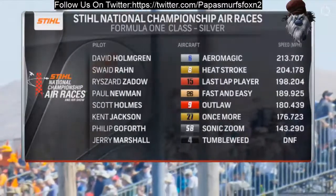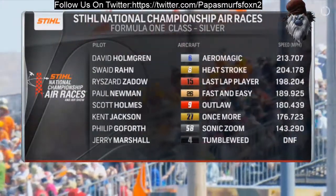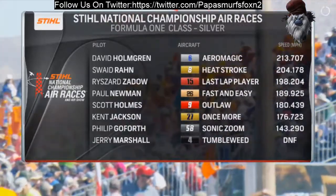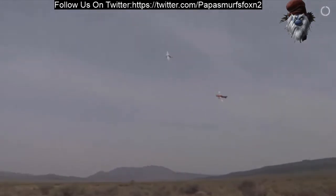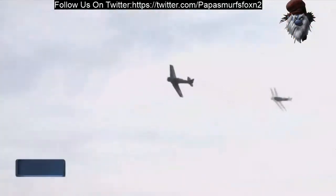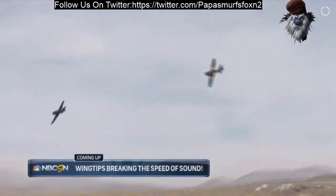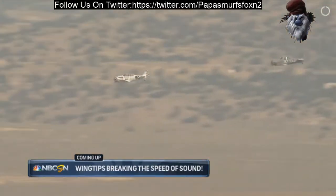Let's take a look at our... Hold on, Tommy. We had a pylon cut, something we haven't talked much about today. The pylons are a hollow barrel. There's judges at the pole below that. They're looking up through there. If your aircraft shows up in that view, you're penalized. 16 seconds was the penalty for Richard Zado, so that puts him in third place. Suede Ron in second place, and that'll do it for Formula One silver. When we come back,